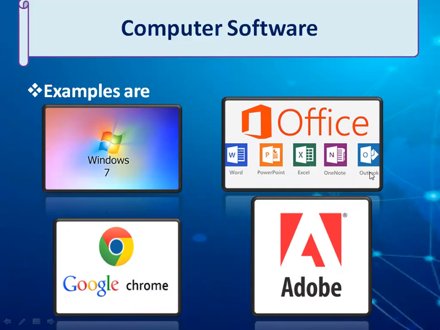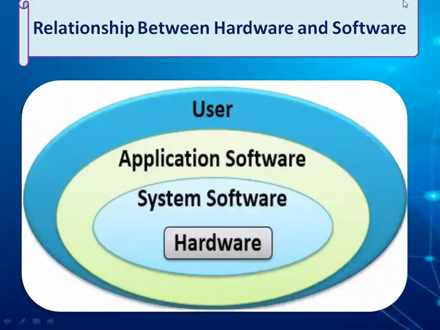So we have different types of system and application software which are available in our computer system, and we can use them for different purposes, like we can manage databases, we can create, edit, format and print different types of documents with the help of Microsoft Office. We can use PowerPoint to create presentations. We can use Microsoft Excel to make spreadsheets. We can do calculations, and many different software are available in our computer system which we can use easily.